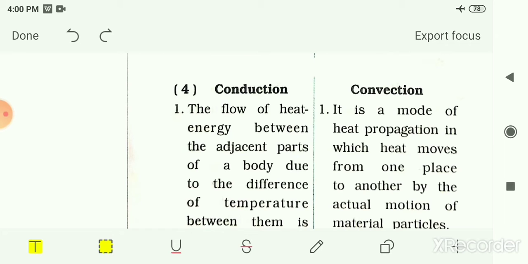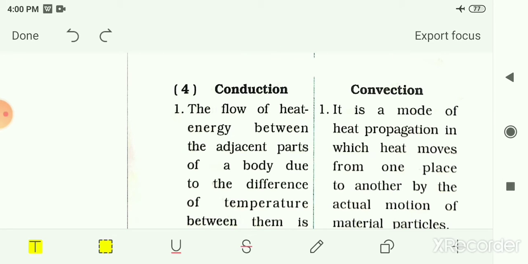Then we had seen another type of thermometer, that is the laboratory thermometer. The thermometer which is used in the laboratory is known as the laboratory thermometer. The range for this kind of thermometer is usually from minus 10 degrees Celsius to 110 degrees Celsius. There is also another type of thermometer, that is the maximum minimum thermometer. The thermometer which is used to measure the maximum and minimum temperature of the day is known as the maximum minimum thermometer.